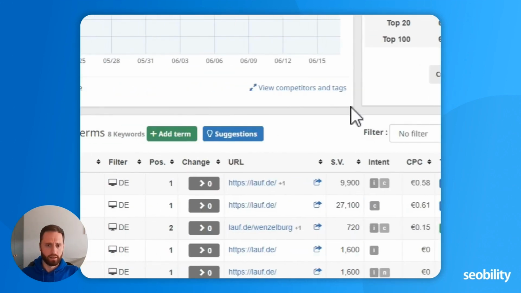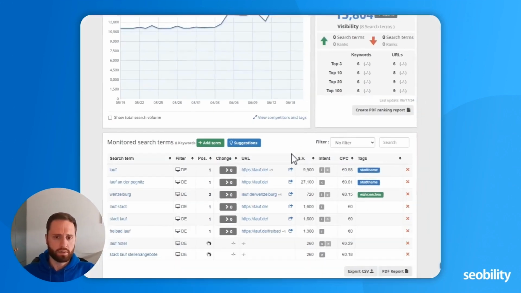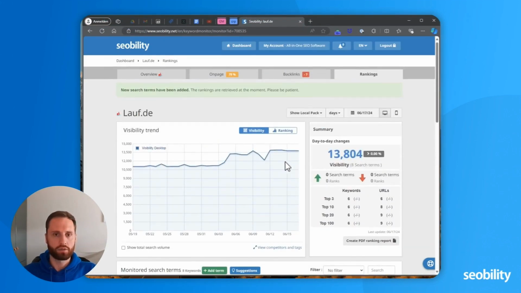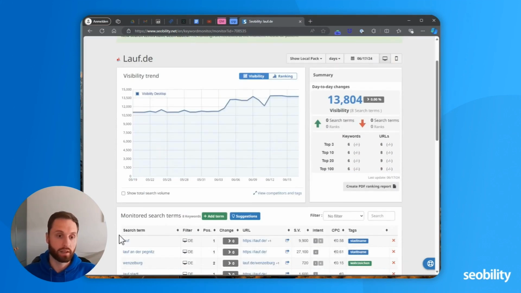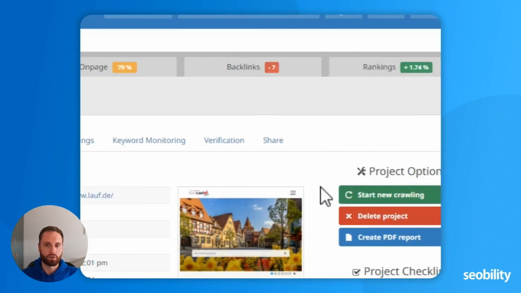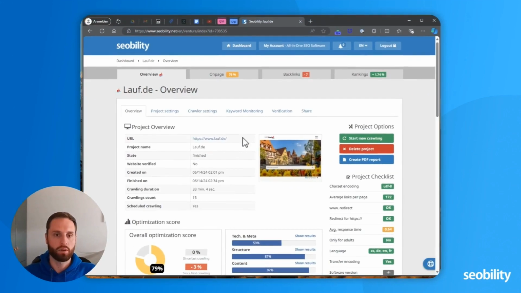Good. I think that this was the most important information for you to know when getting started with Seeability. What else is there to know? For the entered keywords, you will get a weekly ranking report automatically to your inbox. After each new crawling of your project, you will also get a crawling report to your inbox showing you what changed compared to the previous crawling, and then you can click and enter your Seeability application and look at the details.